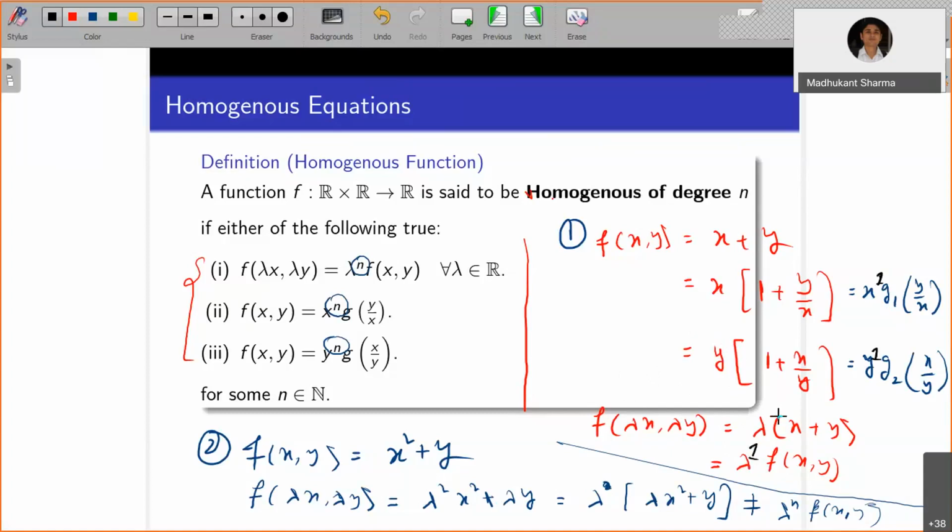So these are the 3 ways. I may give you another way, which is a shortcut, and it is very easy to observe. You can look term-wise. Both of the terms are of degree 1: x to the power 1, y to the power 1. All are of the same degree, so that should certainly be a homogeneous function. The degree will be whatever the degree of each term is, which is 1. So it's going to be a homogeneous function of degree 1. Now let's look at this example.